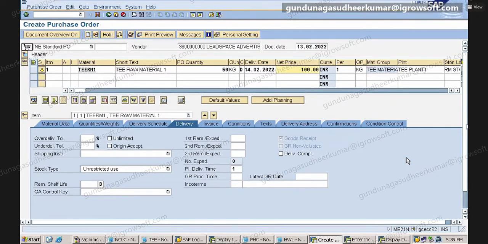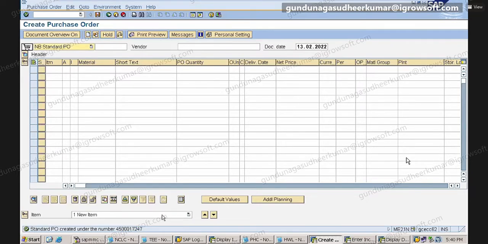Usually this price will change. Be careful. Always check. If you are changing the price, you have to make sure it is correct. Then I'm changing the date to today. Yellow warnings will come. Don't worry, keep on pressing enter. Always check, and then post. When I post, I will get a purchase order number, 47. So no accounting entry for this order.